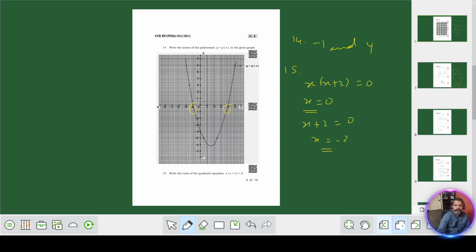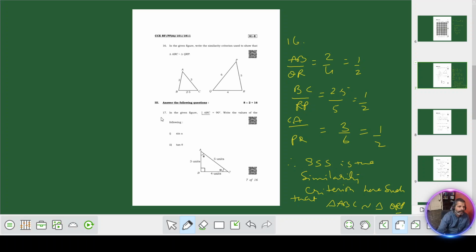These are the slides where we saw the 1 mark questions. Coming to the 17th question. In the given figure, angle ABC is 90 degrees. You just draw the figure as given here in the question paper. Then they have asked here